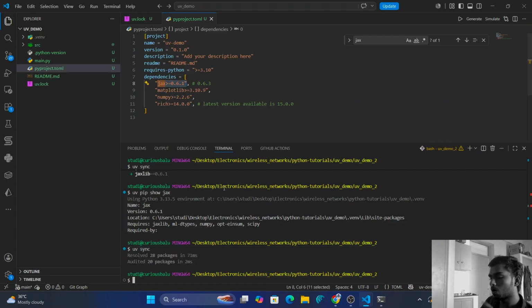Now how do you upgrade it? Upgrade to the latest versions. Let's say tomorrow you have a latest version 0.6.2, and you have a latest version here, 15.0.2. How would you do that? Then to upgrade that, just write uv lock